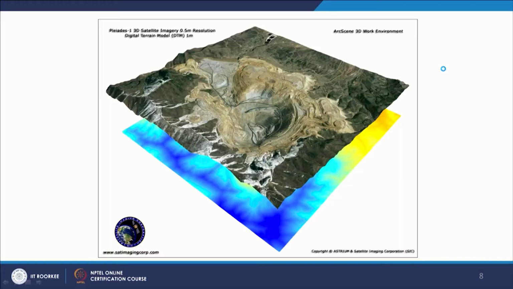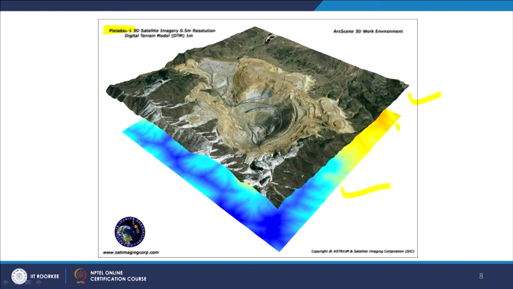This is one of the examples where in the background you are seeing a digital elevation model, and on top of this you are seeing a satellite image, and the 3D perspective view of a terrain is being presented here. This is very high resolution data provided by the Pleiades satellite, and it is used for urban mapping and other things, especially for creating 3Ds.